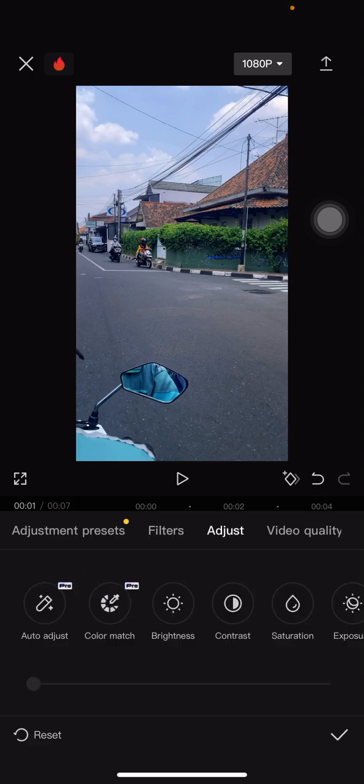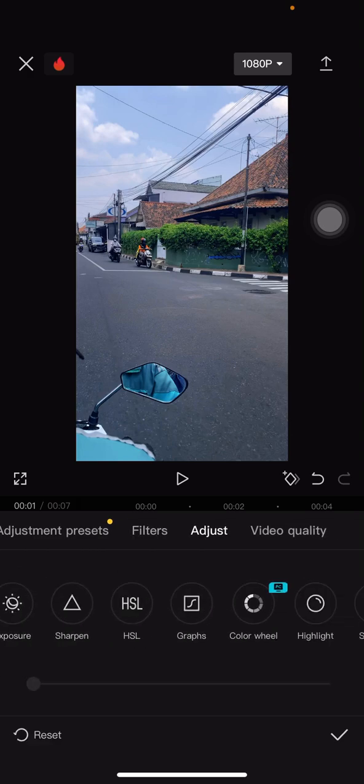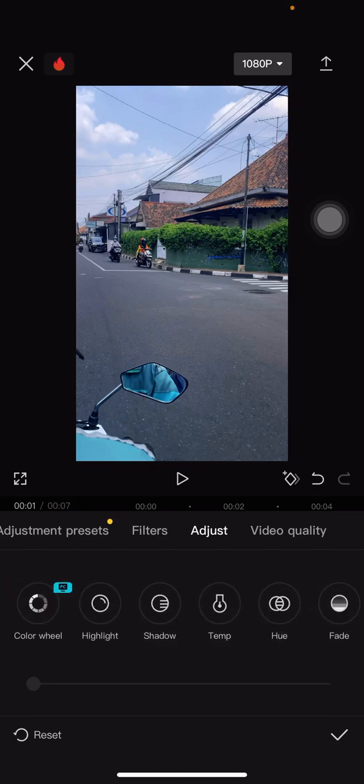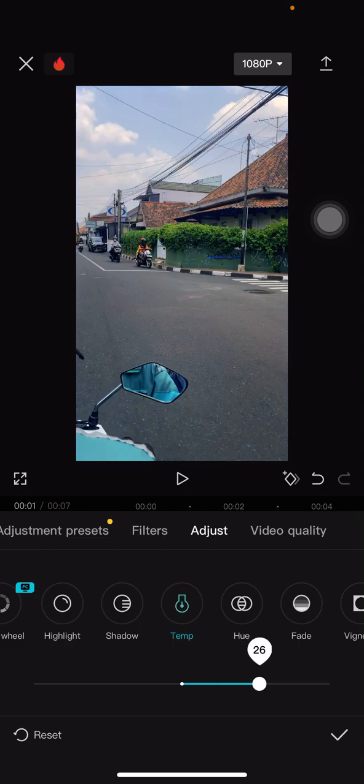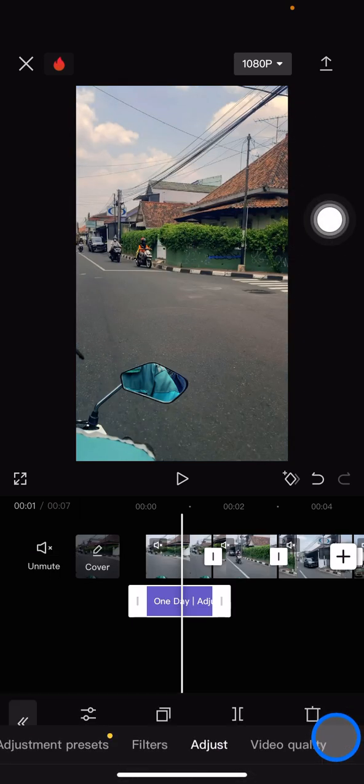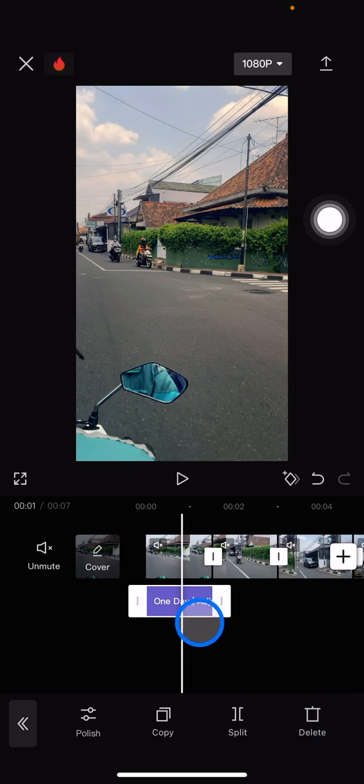You can adjust it, and we can also increase the warmth or temperature. There we go. Then click the checklist button